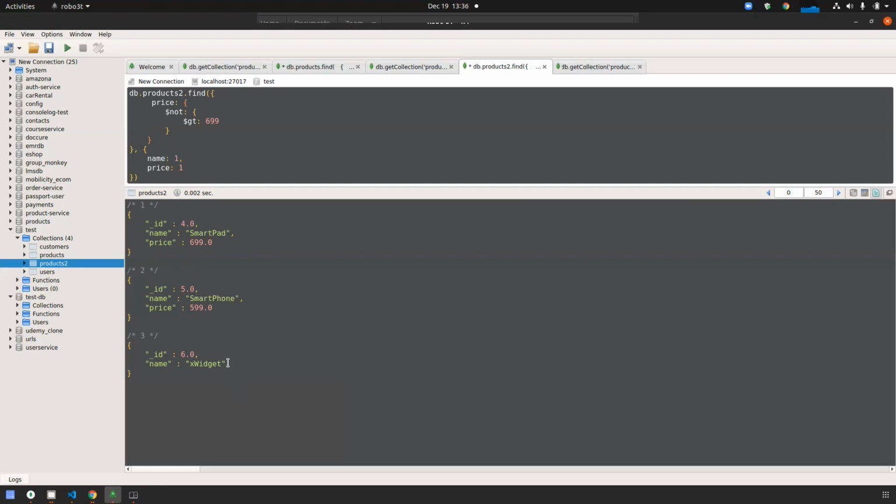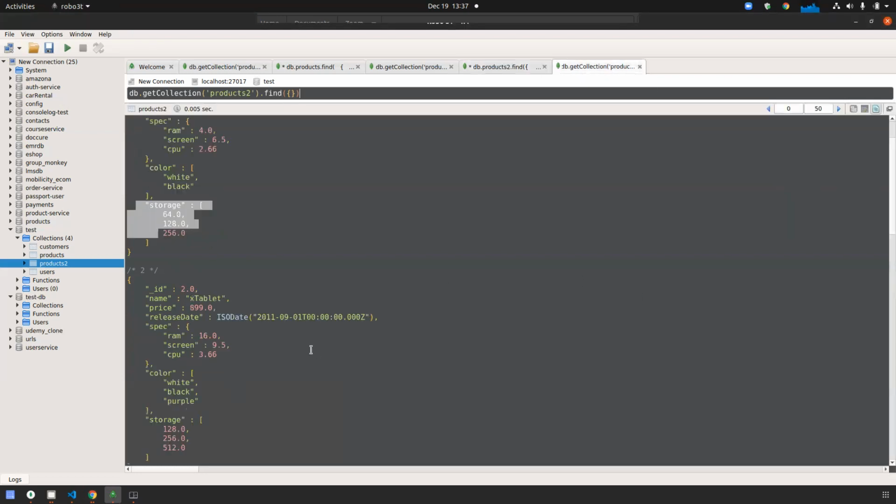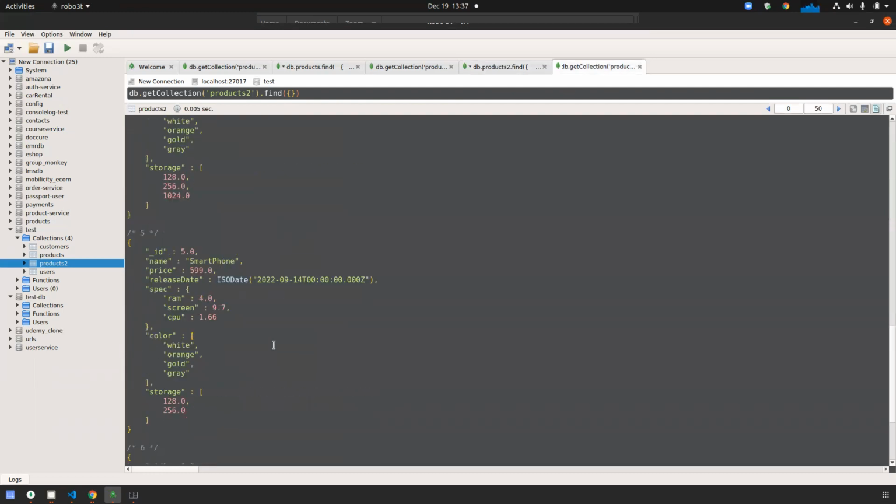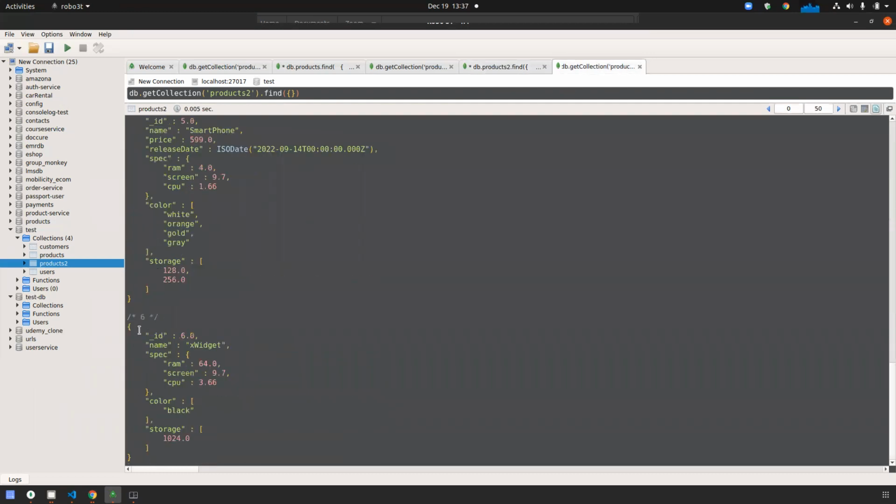The last, third product has no price value, so it is considered null or undefined.